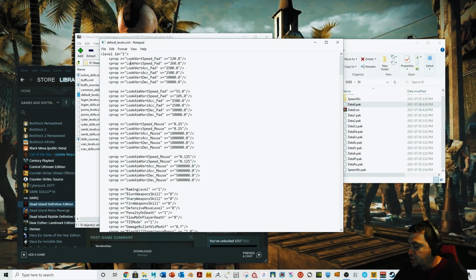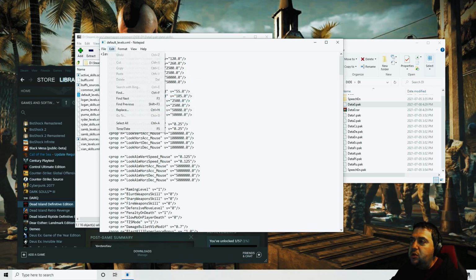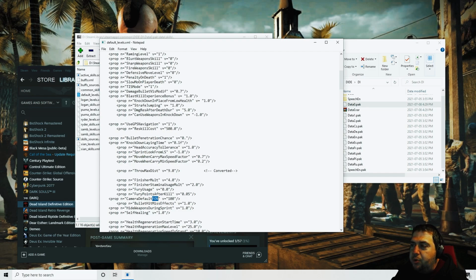What I do is I hit Ctrl+F. If you don't want to do it like that, you can do edit and find. And here I will type FOV, field of view, and it's going down. I could have looked up, but I want to look down because my cursor is somewhere here. I want to scan all this text and look for field of view. Do find next, and it will find this line. Prop n equals camera default FOV, V equals, what you'll see is probably 62.5,